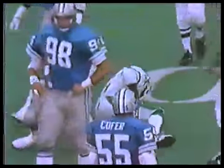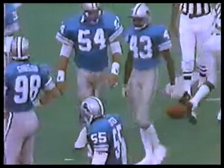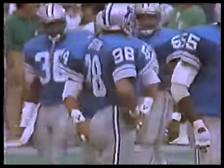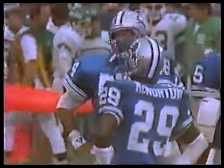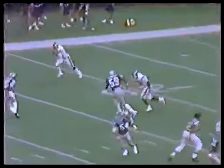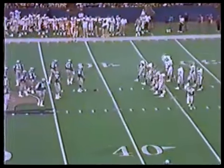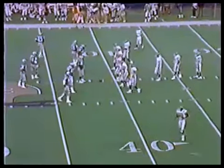O'Brien with time, and Wesley Walker is open for the 1st down at the 41, a gain of 19. Chris Spielman, the linebacker, makes the hit. Well, you've got to give Wesley Walker some room. I mean, he caught 3 touchdowns last week. He's averaging over 20 yards a catch. You see the cornerbacks off the screen. You can't even find him. Now he comes into play, Jerry Holmes, but he's given Wesley a big cushion. Walker in this game,